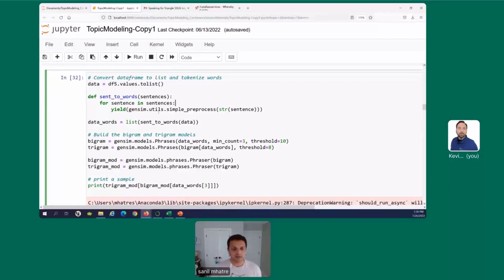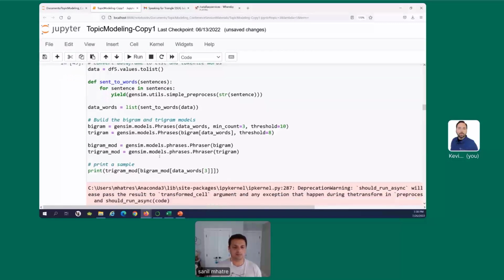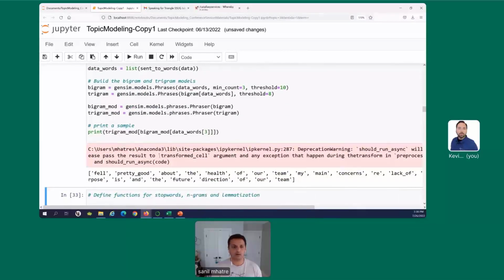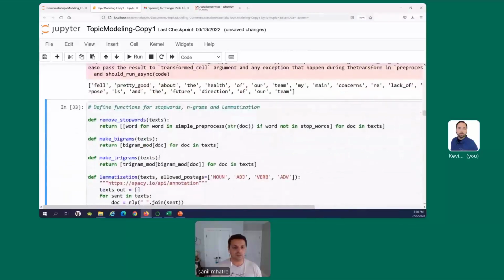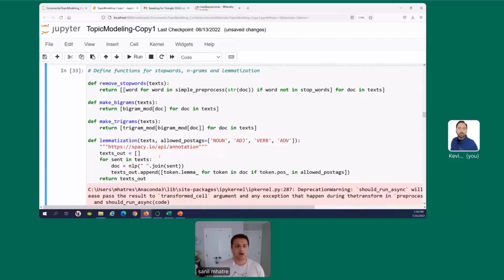Okay, so the very first thing that I'm doing is tokenizing. So let's run this cell to tokenize. All right, the tokenization step is done. Next, I am creating four different functions. The first function will remove stop words.